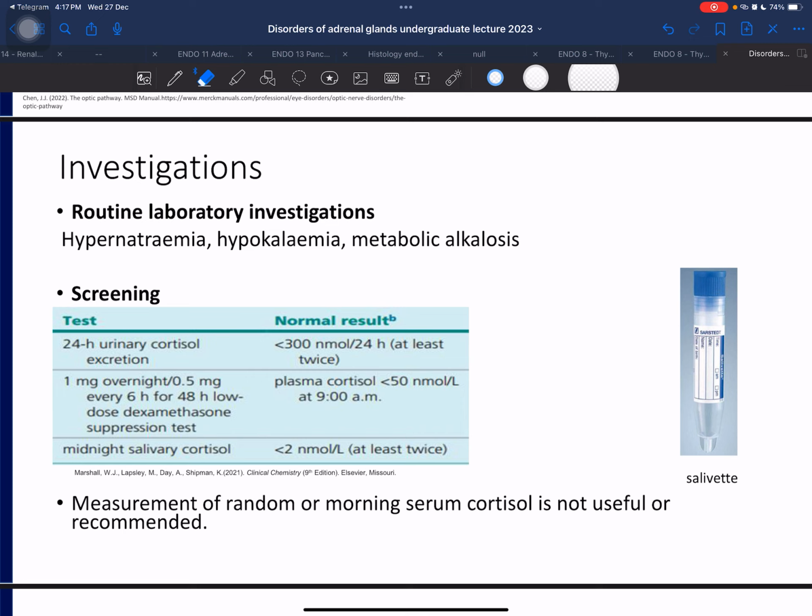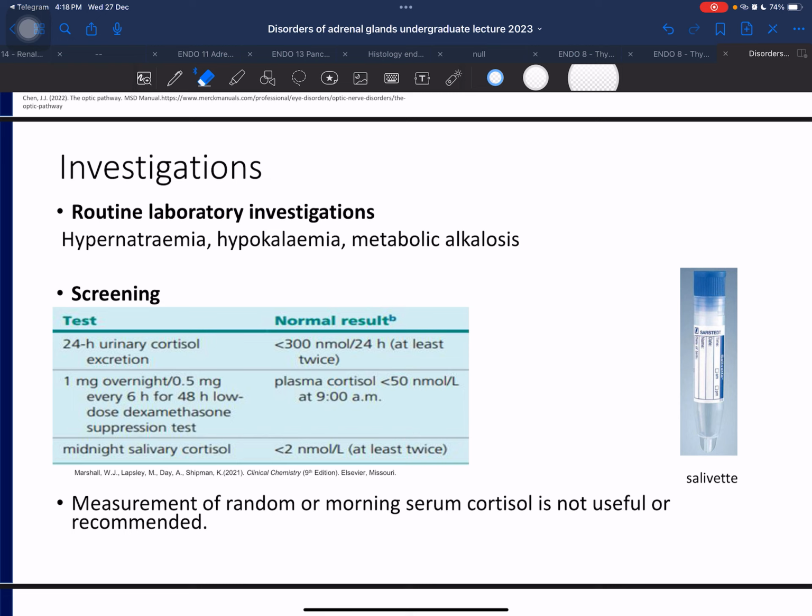Each of the tests has its own pros and cons. You probably don't need to know in detail at this level, but some centers offer certain tests over the other because of availability, and some physicians order one test as compared to the others due to patient factors as well. Let me give you an example. Salivary cortisol collection is not available in all hospitals, certainly not available in HSAS. So if this is unavailable, the clinician resorts to using the other two tests, correct? This is availability of tests.